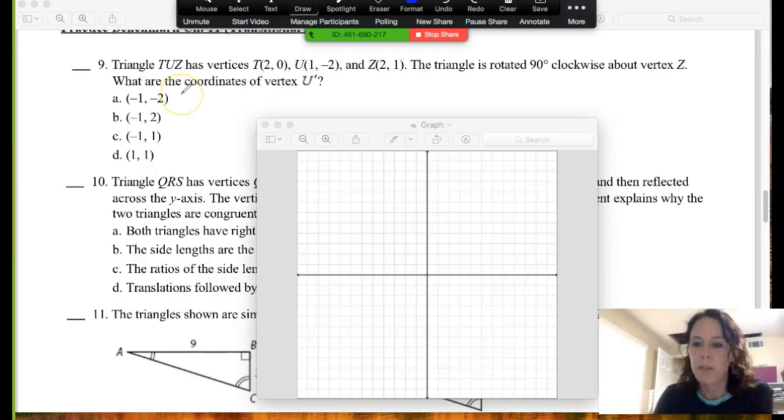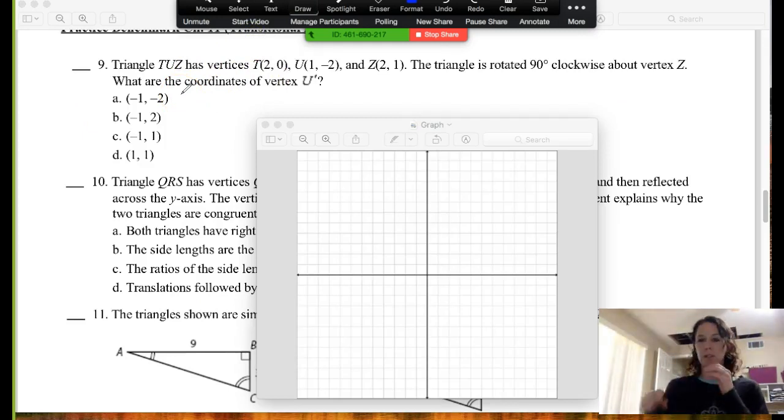Okay, this one's probably the trickiest one when you're doing rotations. It's easier when you do rotations around the origin, but when you're doing rotations around a point, it's a little trickier. So I would like you to graph this on some kind of graph paper. You're going to go over 2, up 0 for T, so there's your original T, over 1, down 2,